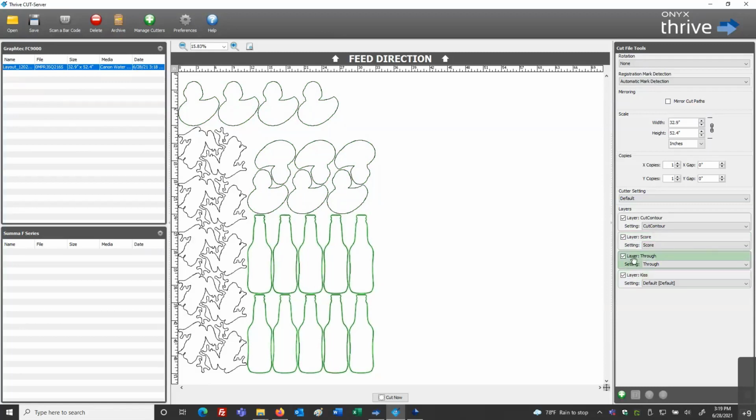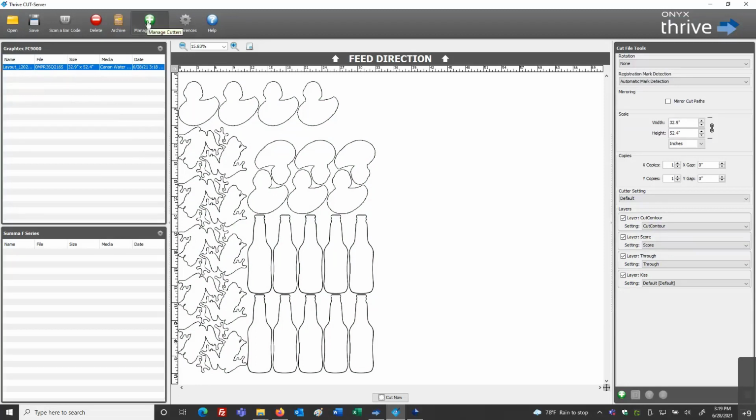So for this through cut, score, and cut contour, you'll notice the auto mapping taking place. There's auto mapping to that layer. And how did I get this information in here? Well, when I added my GraphTech cutter, I actually added those extra commands for cut contour, for score, and for through.